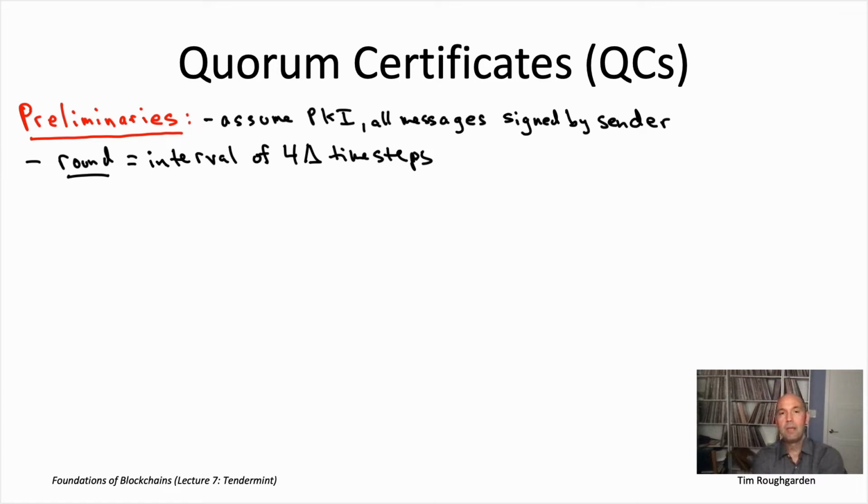Remember, capital delta is the guaranteed bound on message delay under normal operations, after you've passed global stabilization time and you're in the synchronous phase. And remember, in the partially synchronous model, on the one hand, GST, the global stabilization time, is assumed unknown to the protocol. It needs to work no matter what GST is, and it can't refer to GST in the protocol description. In contrast, delta, the delay bound under normal operations, is assumed known to the protocol in advance. And so the protocol's description can depend on delta. And you are seeing that right here.